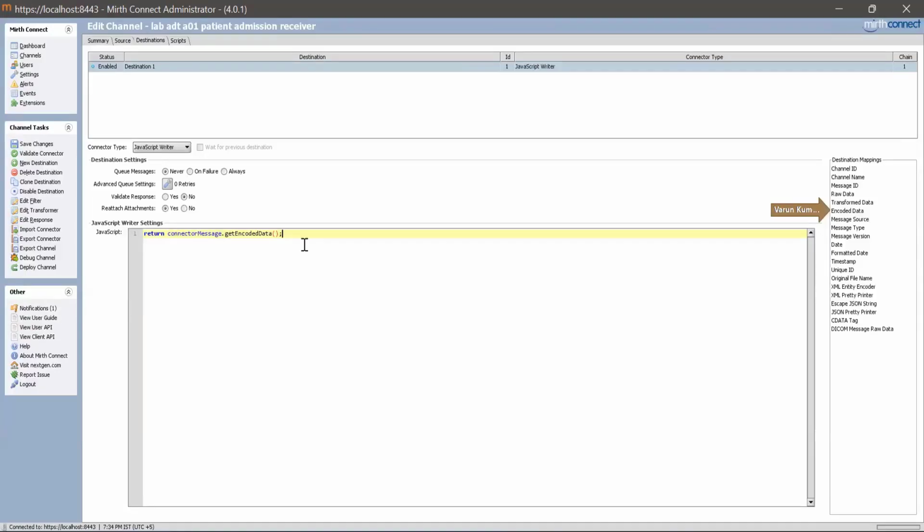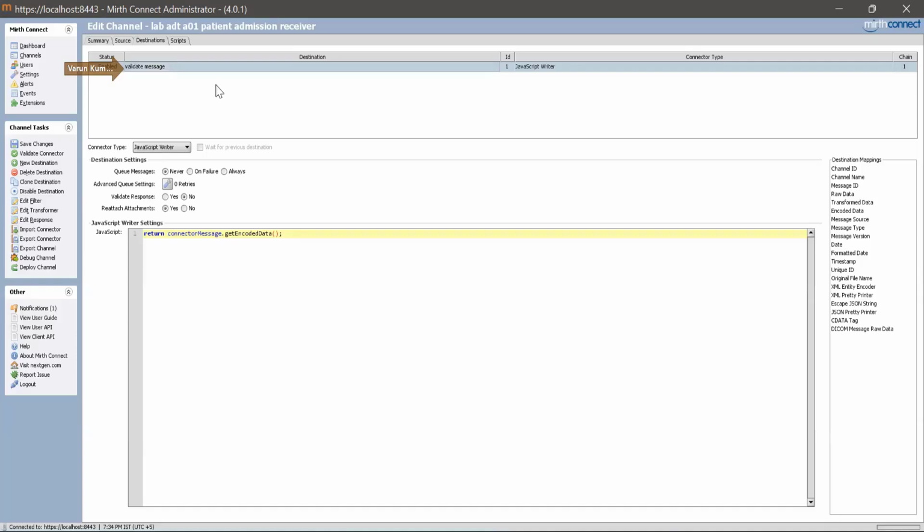Okay. Double-click on this destination and rename it as Lab. Select to validate message. Okay. Wonderful.